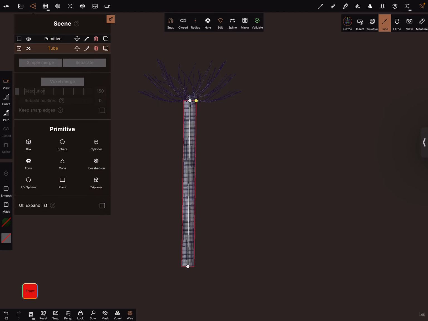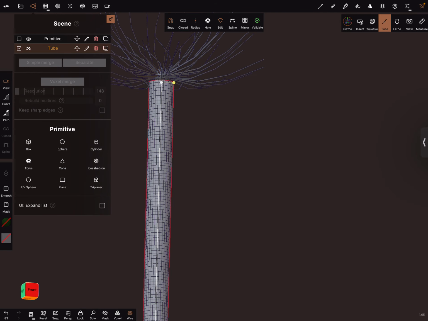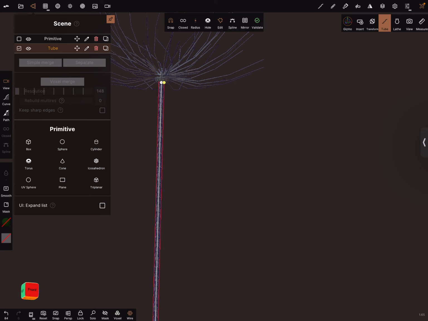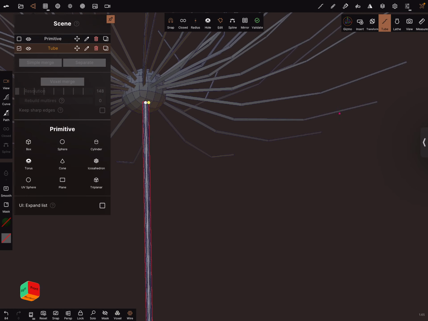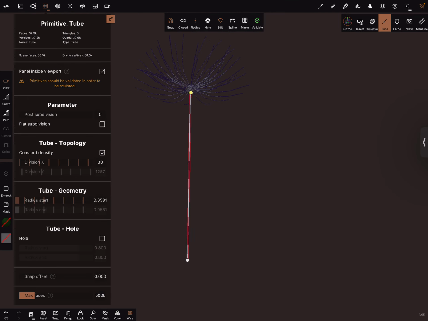Turn on the snap function and reduce the radius to a very small radius, and snapping works. And don't forget to reduce the topology.